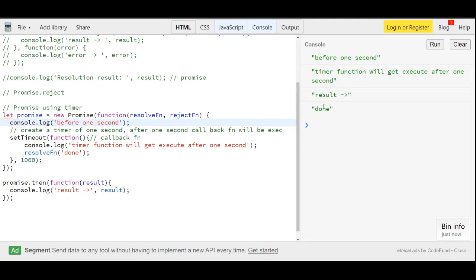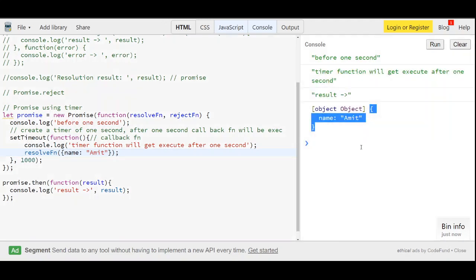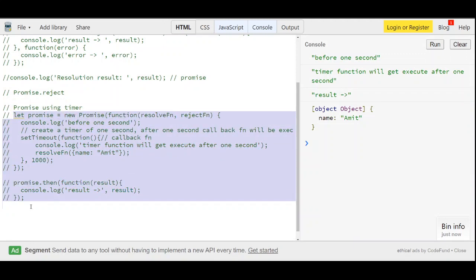This is how we are handling the promises. We are creating a function where we are setting the timers, or you can make an API call. In between that, if you get the data, you can resolve that data by passing it here. You can pass that data in this format also, like let me just write Amit. I'm just passing an object to show you that an object also works. Before 1 second, and then after, we got the object, right? The timer is used, so the second use case is also fulfilled.